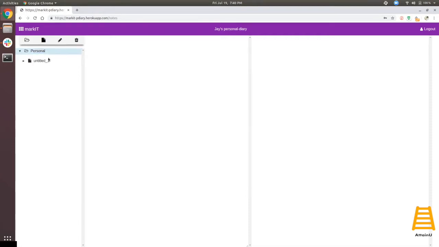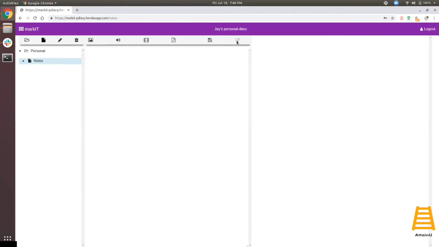I'll create a file here, and the file has been created, and I can rename it with the available edit button, and I'll write it as notes. You can see that after a note or a file has been created, these different buttons or icons appear here. And after creating the note, the user can click on this button to start writing the